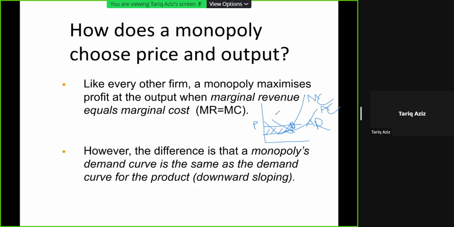So in case of monopoly, the concept is the same. MR equal to MC is the point of maximum profit, but the difference is that the demand curve is downward sloping. So the demand curve is like this: AR, that is average revenue, and this is MR,